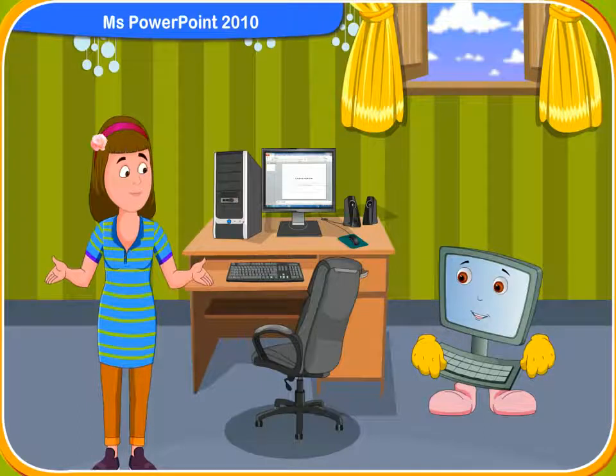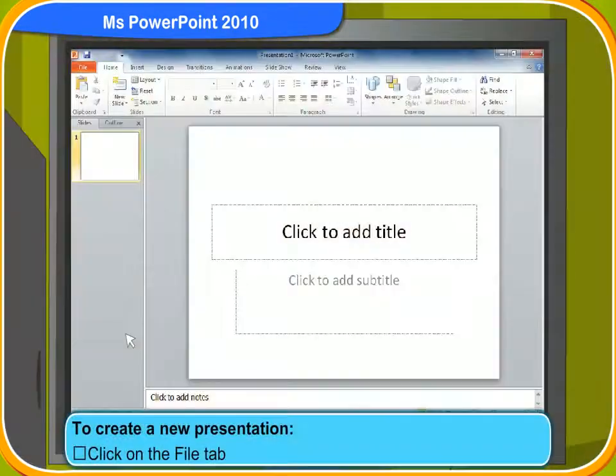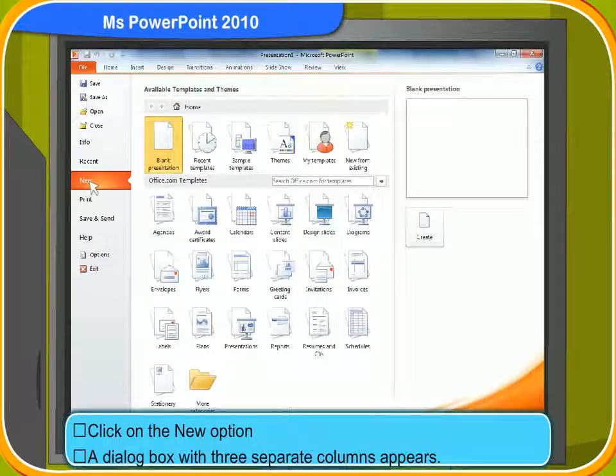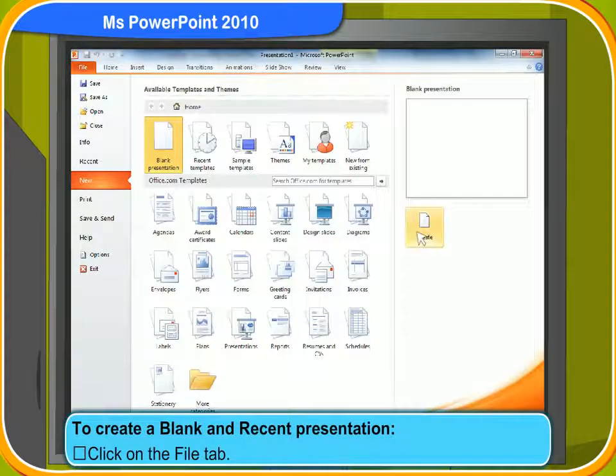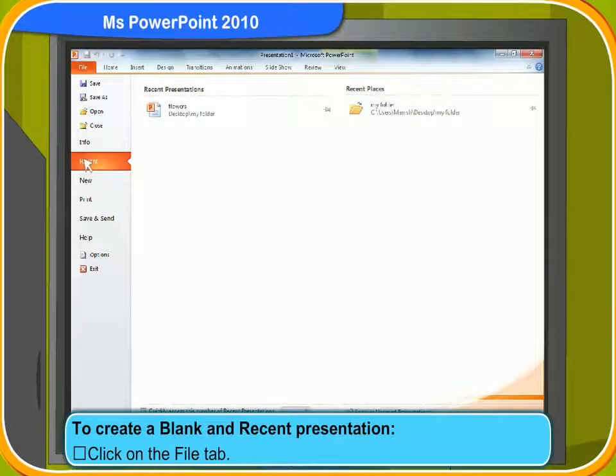How can we create a new presentation in Microsoft PowerPoint? To create a new presentation, first click on the File tab and then click on the New option. Look, a dialog box with 3 separate columns has appeared. Let us now learn how to create a blank and recent presentation. First, click on the File tab.